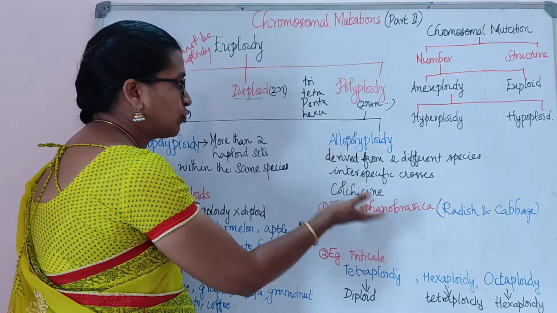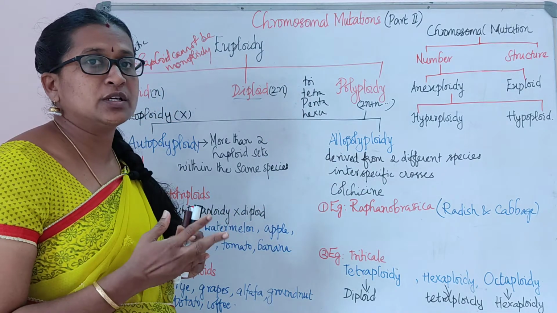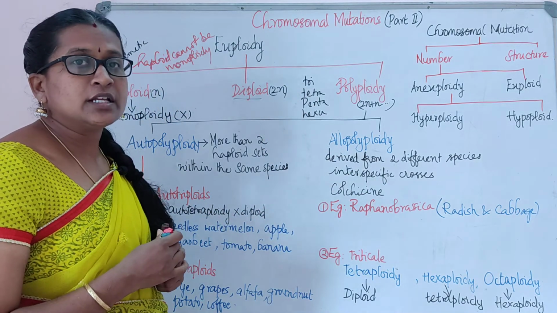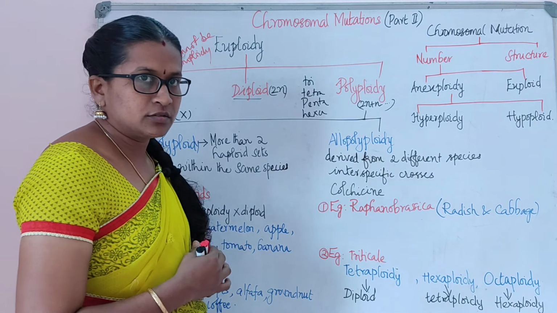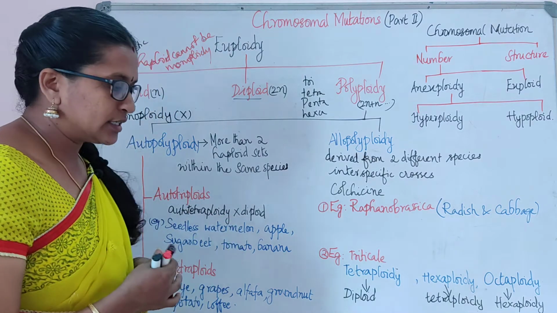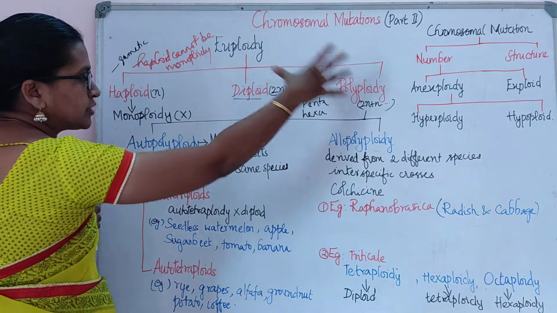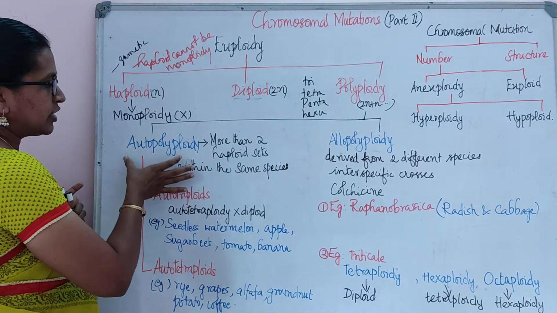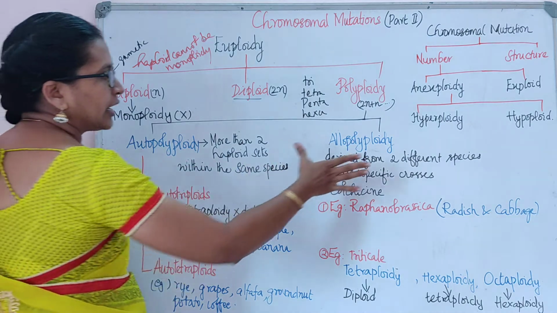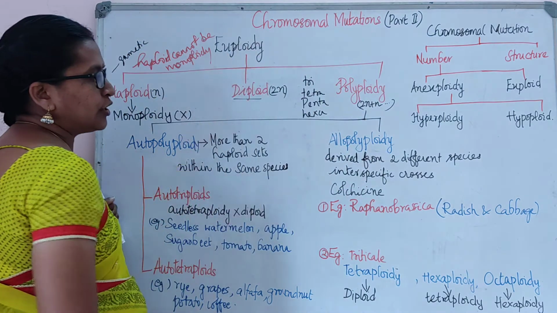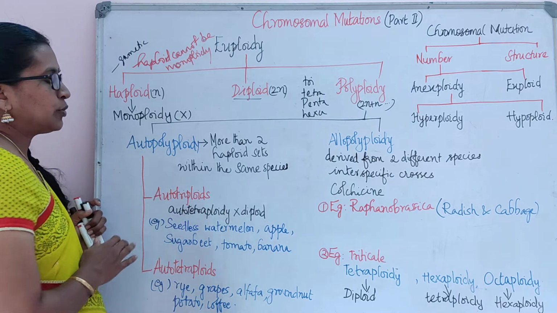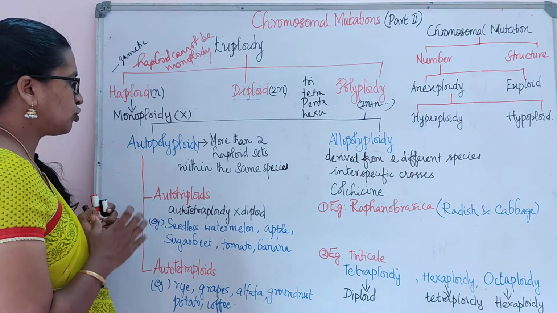As of this excess of ploidy numbers, that is in the chromosomal numbers, sometimes it may lead to the development of new plant species. So here polyploidy is mainly of two types. One is autopolyploidy and another is allopolyploidy. Okay, autopolyploidy. So what is happening in autopolyploidy?